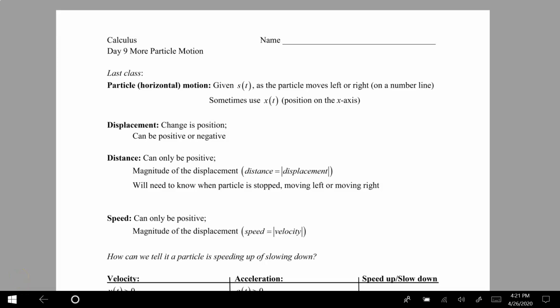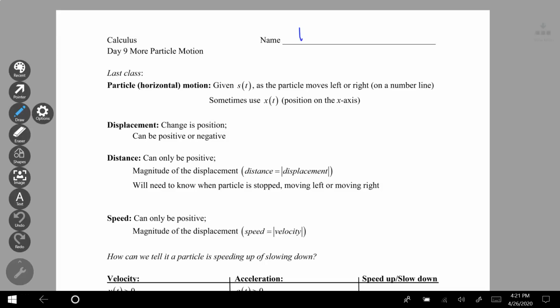Okay, class, welcome to day 9 of calculus, more particle motion. We are going to pick up where we left off on day 8, looking at particles that move just horizontally, left and right. When we talked about particle motion last class, I was giving you an equation for the position of the particle. Now, let's talk about two different things, displacement versus